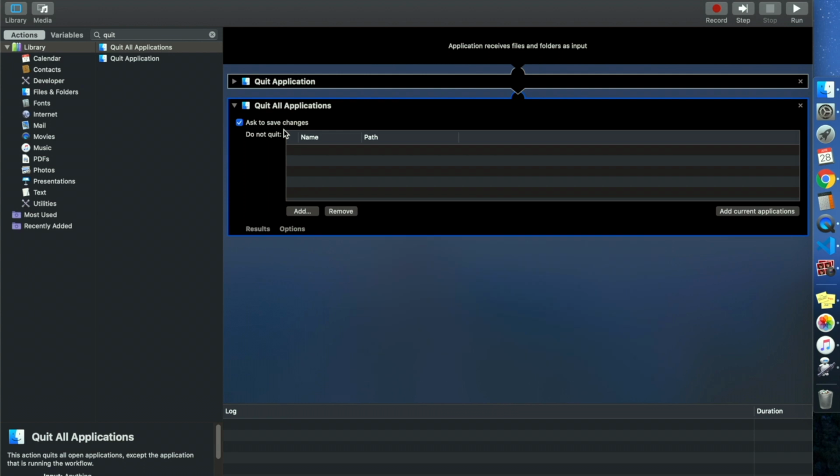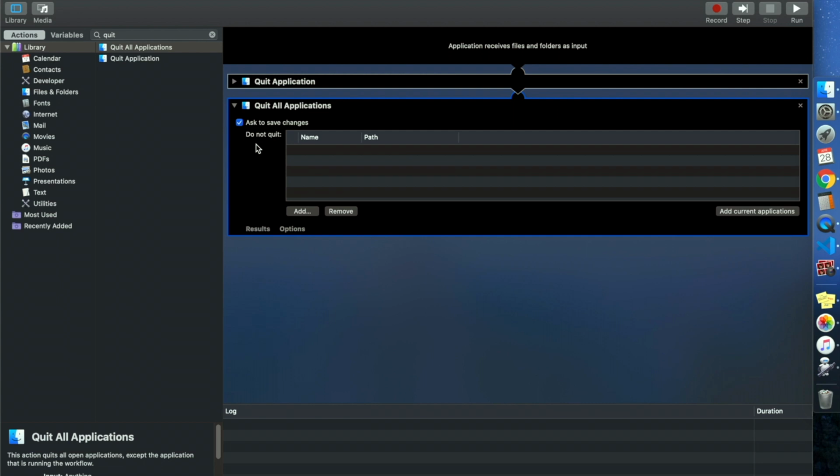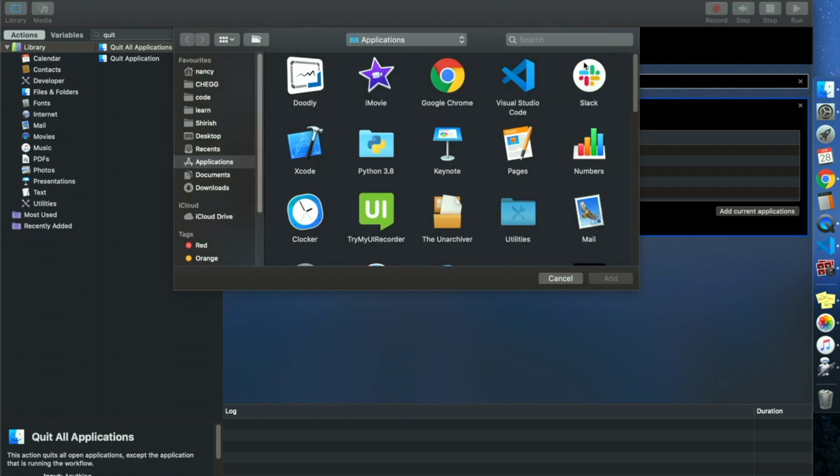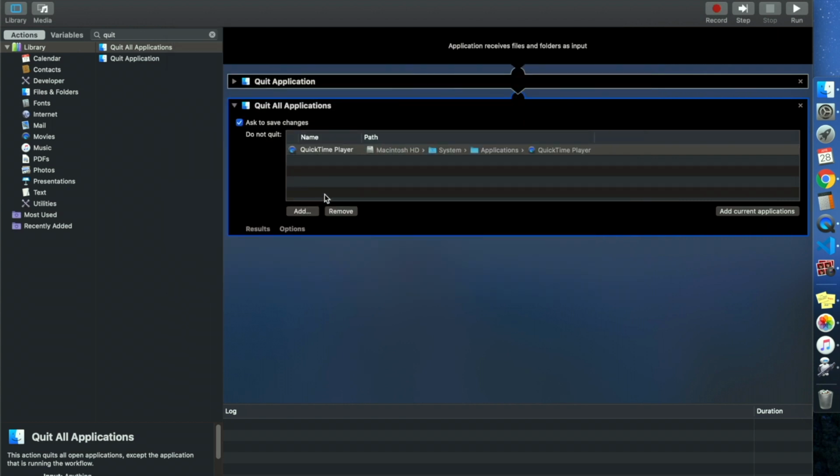Second option is saying do not quit, and this allows us to add all the applications we want to keep open even if we click on quit all icon. Let's add something here.